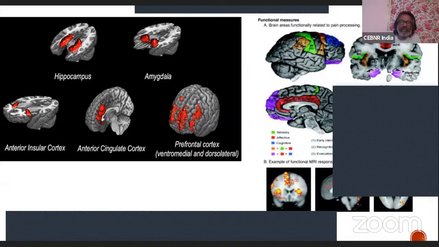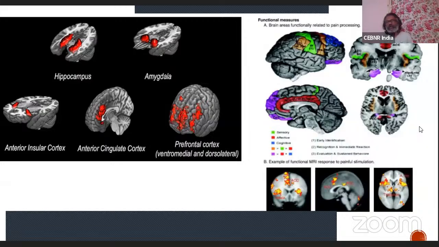It is not protecting you from unpleasant situations. It is acting as a danger signal. You cannot always have a pleasant stimulus. You can also have an unpleasant stimulus, but it has to make you understand whether this is good or bad. For that, you need to learn. That is where your hippocampus comes into play.